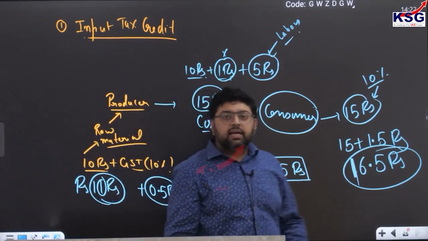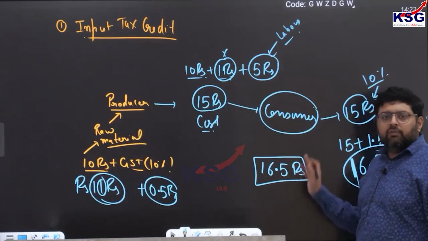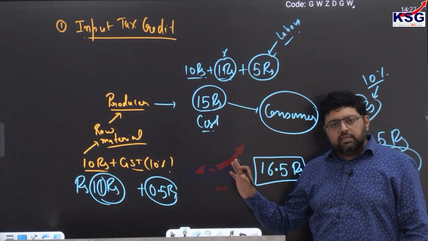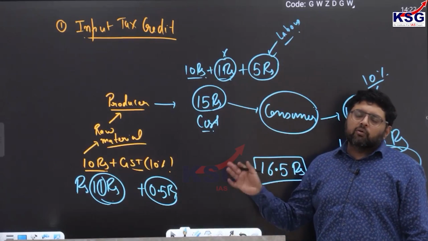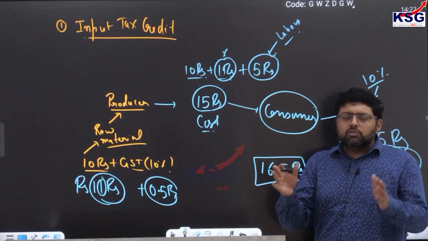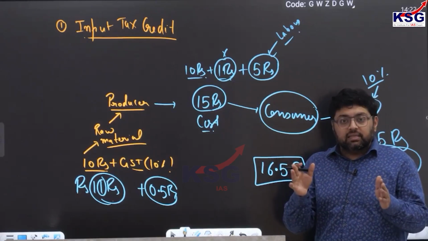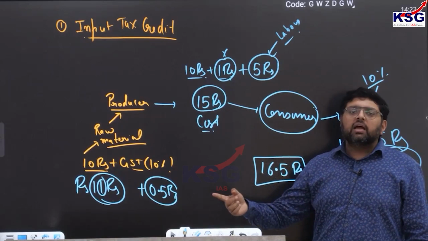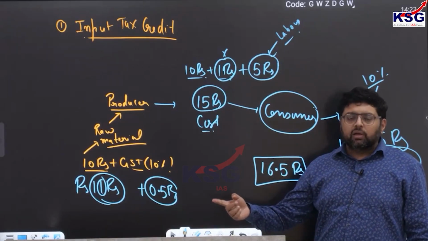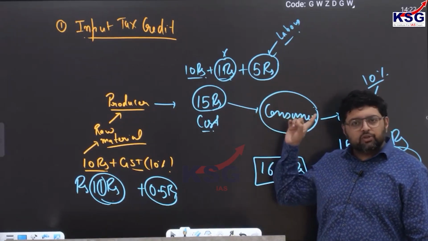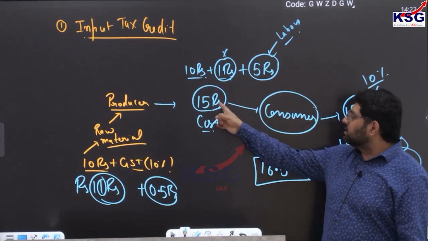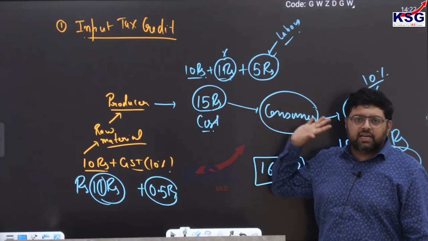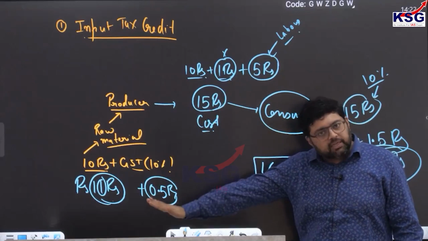So I collected 1.5, and when I filed my GST I told them that I have already given 1 rupee from my pocket, and now I'll give you only 0.5. So this is what I am doing: I am adjusting my GST. For the raw material I purchased, I have already paid tax, which I'll recover from the consumer. But if I had taken 16 rupees as the price, it would mean tax on tax, and it would have a cascading effect. That is why we have kept it separate.